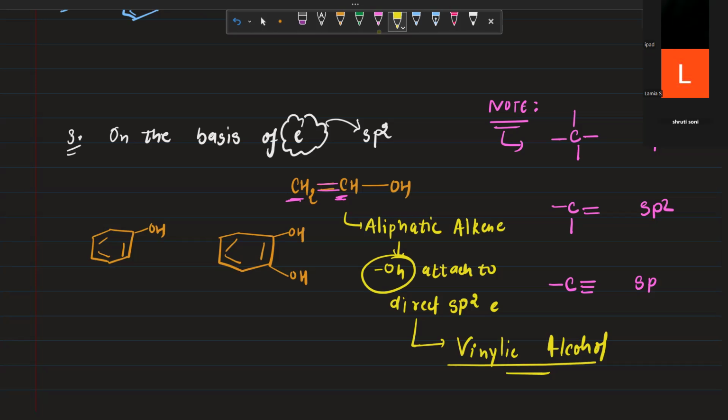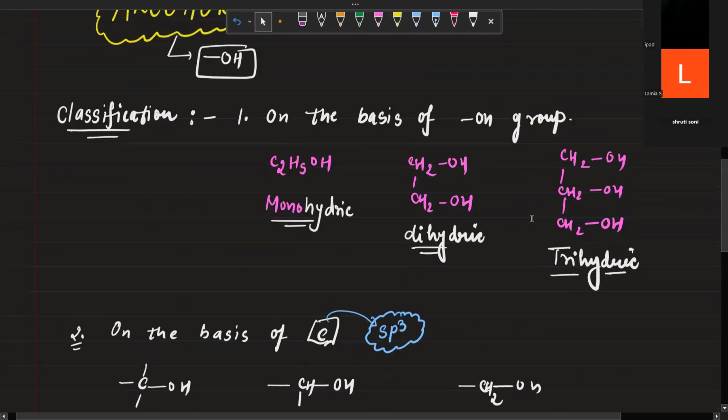What is the meaning of aliphatic? Not aromatic, or a single chain. A chain-like structure. Great. So that is vinylic alcohol. Then this is the classification of alcohol. I have written almost all the things which you need in the classification of alcohol. Now we will start with